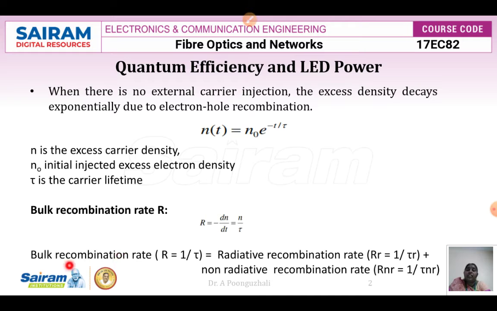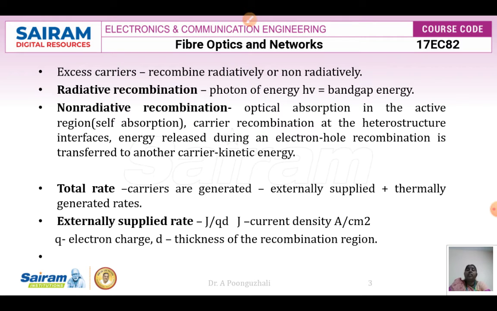Or we can define your bulk recombination rate R is equal to 1 by tau is equivalent to your radiative recombination rate plus non-radiative recombination rate, where the radiative recombination rate can be given as RR is equal to 1 by tau R, and your non-radiative recombination rate can be given as RNR is equal to 1 by tau NR. So here the excess carriers which are going to be present can either recombine radiatively or